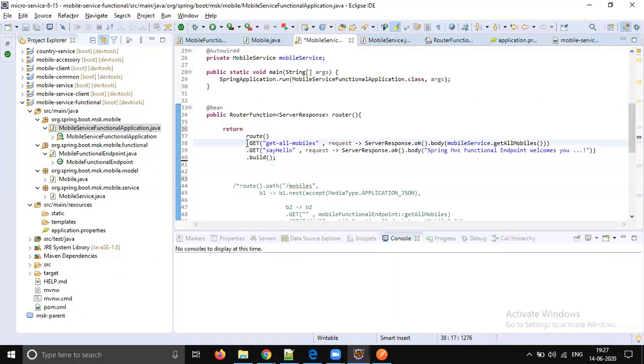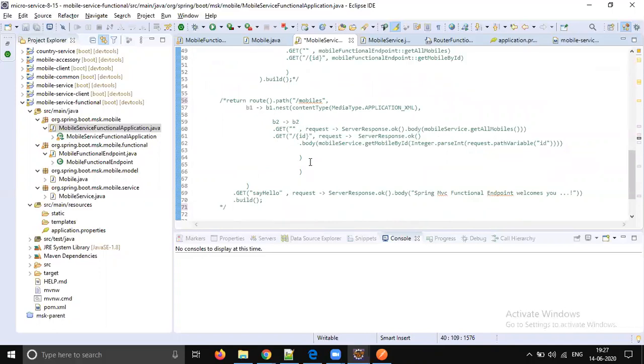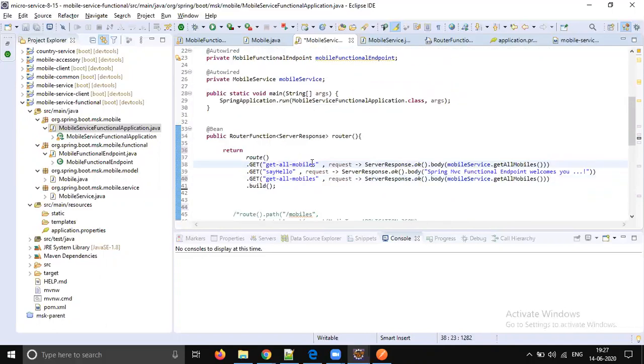So get all mobiles. I think we have nothing. If there is just mobiles, then it should go to all mobiles. If it is mobiles slash ID, it should go to this, right?